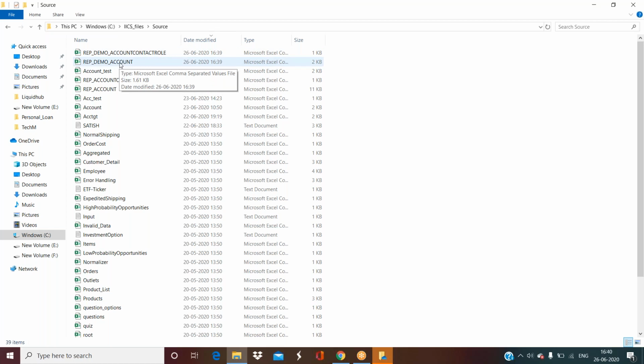That's the major difference I explained to you, right, between a synchronization task and a replication task. In a synchronization task, you must create the target table. However, in a replication task, it creates the target table for you. That's what you can see here. It created the target table with the source object name and the prefix which you gave in the task. So these are the two target files.